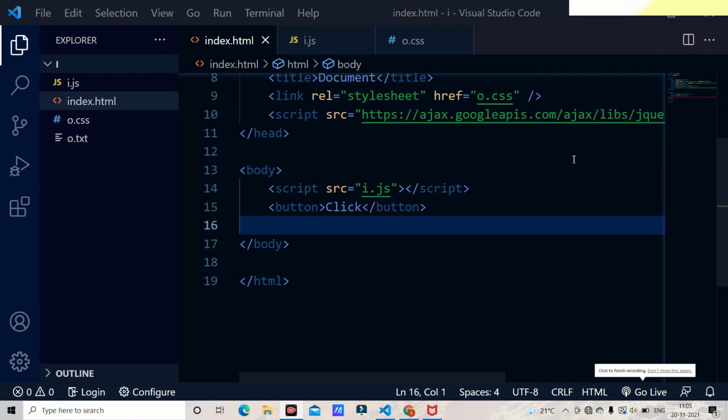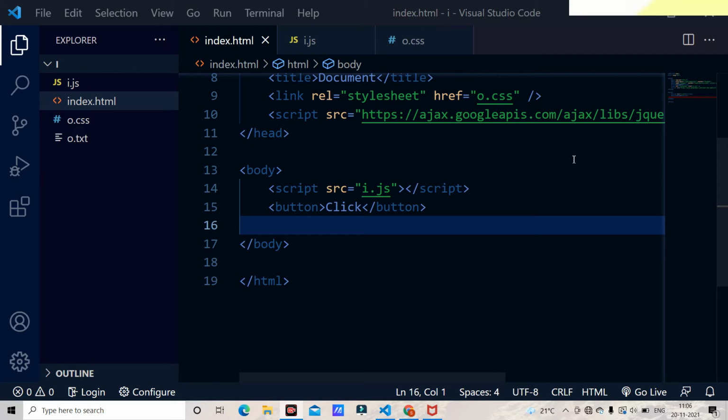Now I am going to discuss traversing, under which we have ancestors, descendants and siblings. What is traversing? In this world we have many words to call an object or a person. For example, if I say CEO of Tesla, then he is Elon Musk. Or I say CEO of SpaceX or the founder of SpaceX, then also he is Elon Musk. Means we can call him with two names.